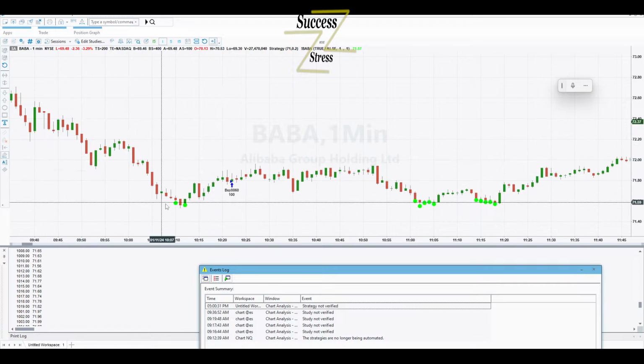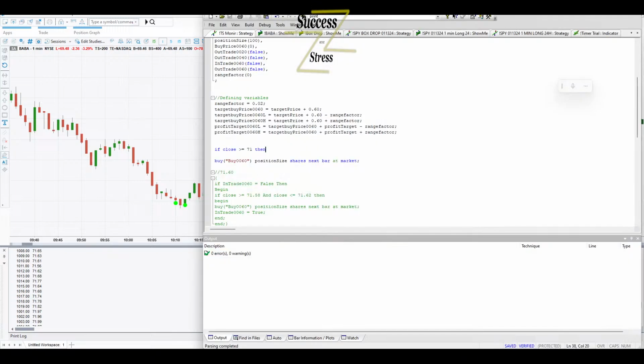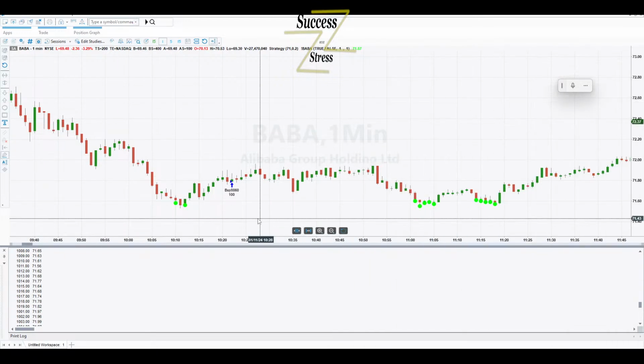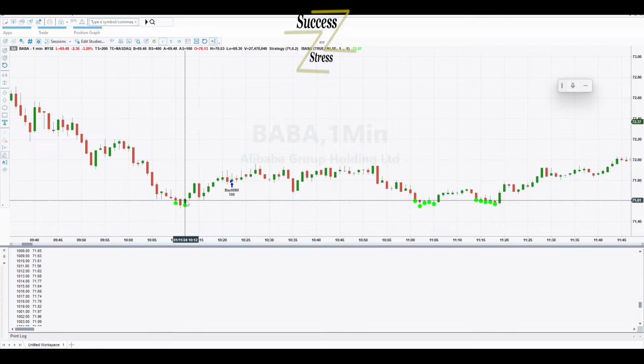That doesn't make sense. That definitely doesn't make sense. If close is greater than 71, then we're going to buy. And it decided to skip all these bars before it bought. And all these bars are over 71. So for some reason,